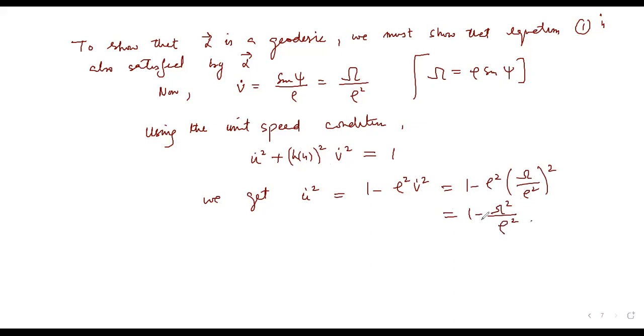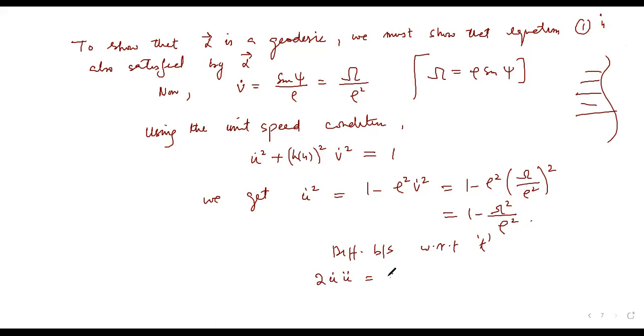So that is our u dot square. Now differentiating both sides with respect to t as we go along the curve, t varies, so you would get twice u dot into u double dot is equal to, of course omega is a constant, but rho does depend upon t. It would change the distance from the axis as we go along any curve, so it would be a chain rule, so it would be